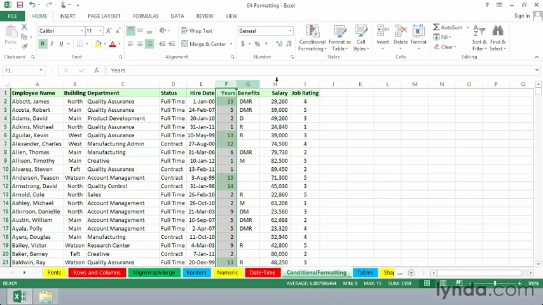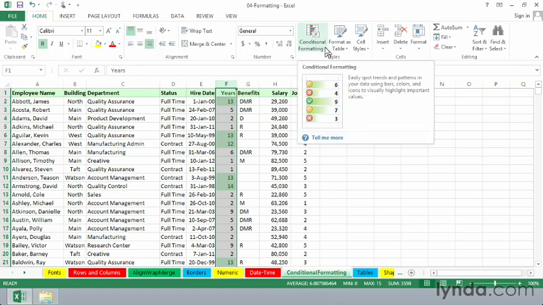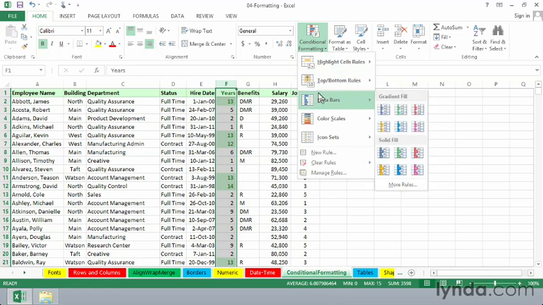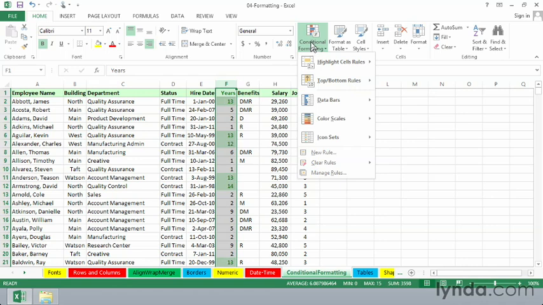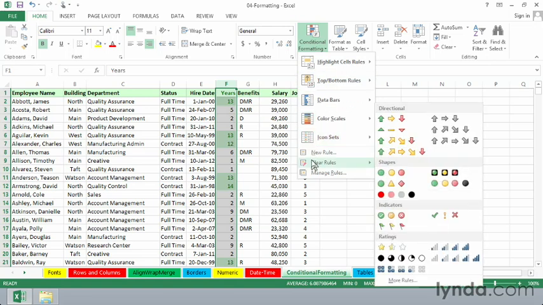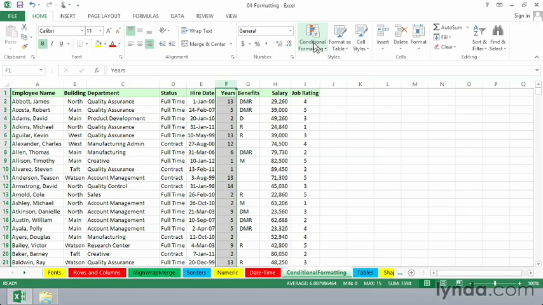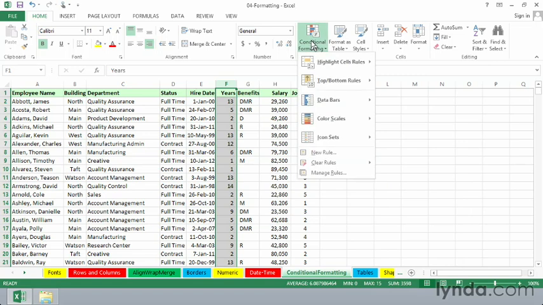Even more colorful, though, is another idea with using conditional formatting. Now, if we want to use other features like, say, data bars, the existing format stays in place along with these. Now, I don't think we want to use the two together. So when you are making changes to a conditional formatting set of rules that are already in place, you might want to clear the rules, as it's called, from the selected cells,